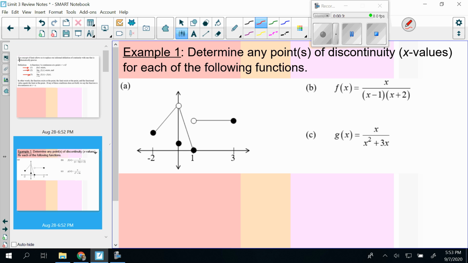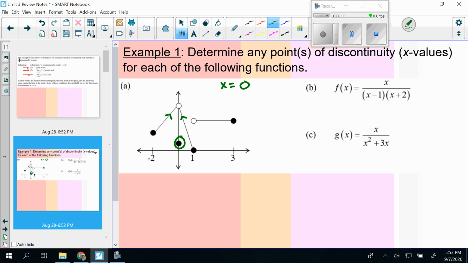So here's an example. Determine any points of discontinuity that we see. So on A, we're looking where the function and the limit do not equal each other. One value we can see on this first example A is that at x equals 0, it would not be continuous, even though the limit exists there. And even though we have a point, they're not equal to each other,